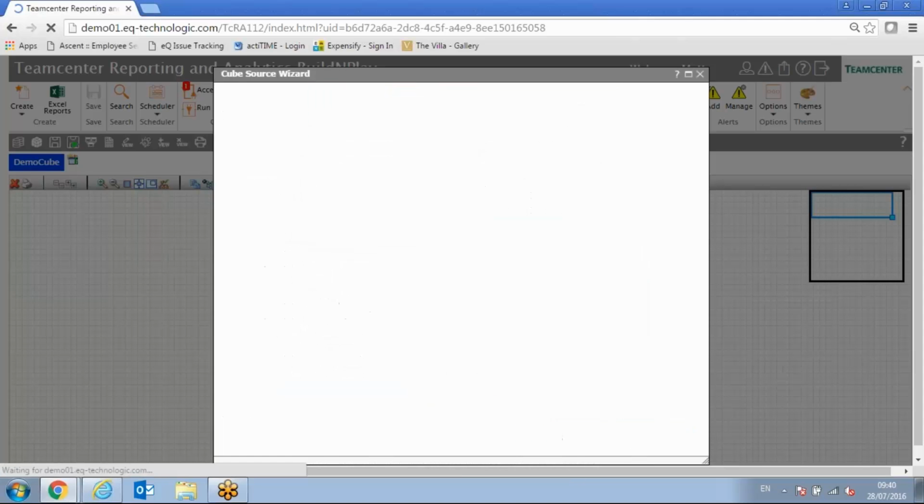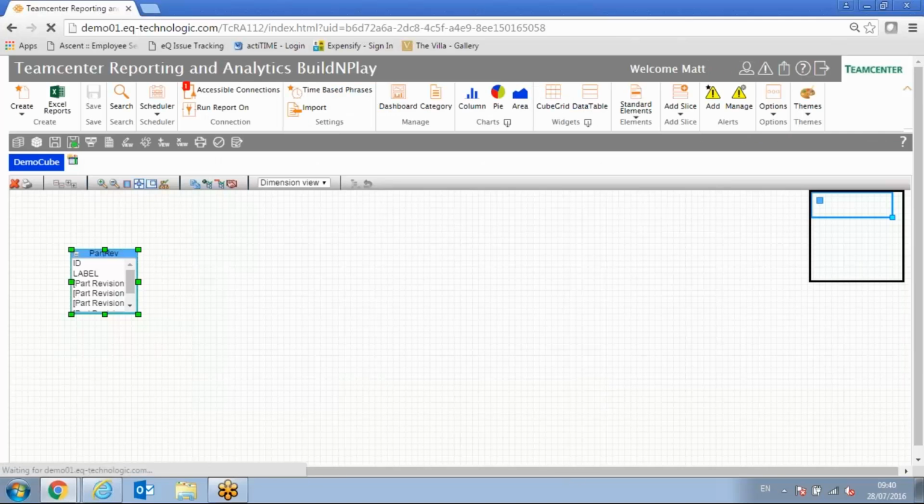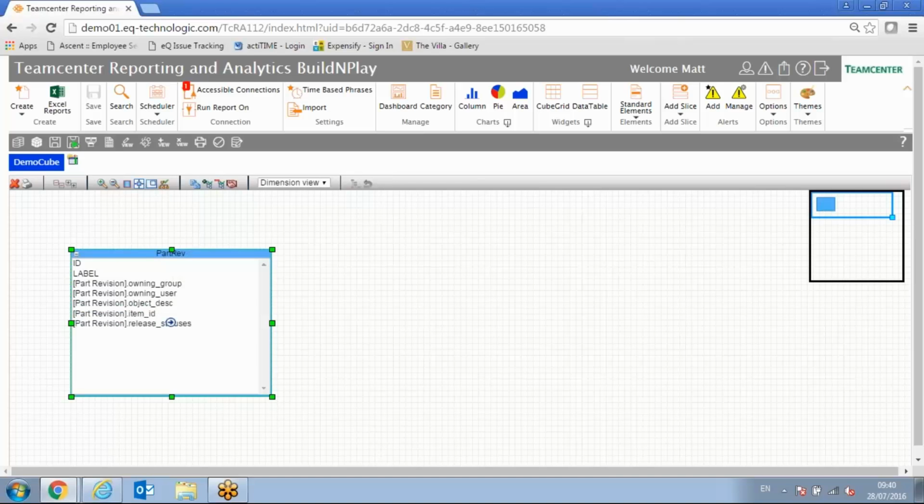And it's as simple as that. I can click on finish now. And if I run this cube now, what this would do is go off to Team Center and return to me all my part revisions, and it would display these attributes that I've selected from that. So what I can then do is actually add another view onto this,